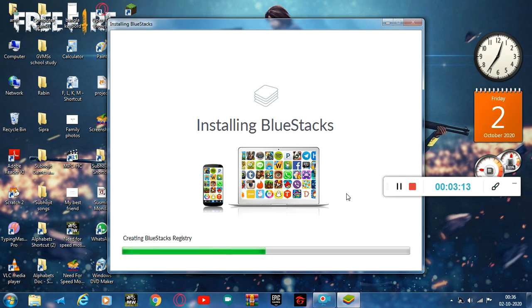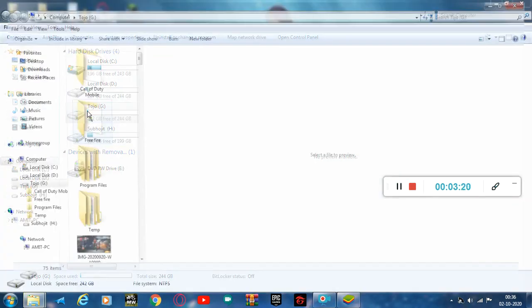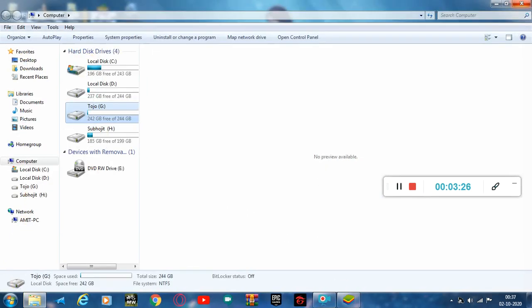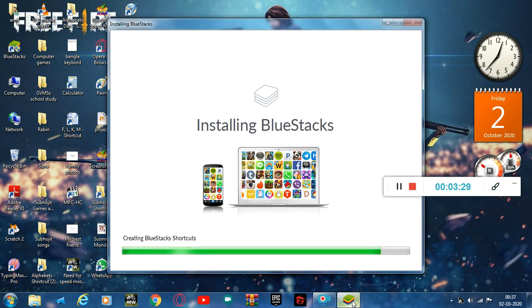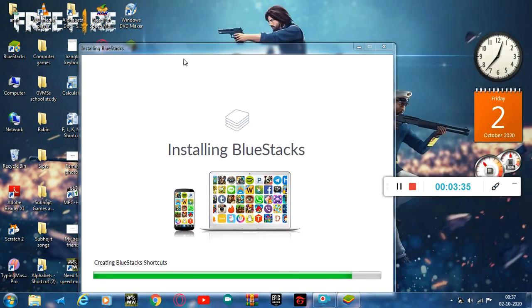So let's wait guys. What file you need, let me show you. This file you need, of course, guys. This BST Tweaker, I will show it later. And you can see it is creating the BlueStacks shortcuts, that you need.